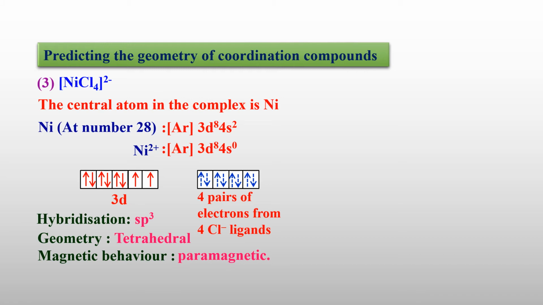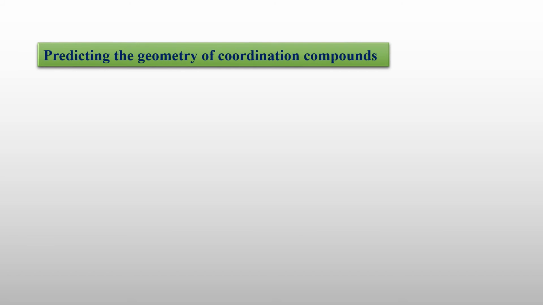Paramagnetic in nature. So now the ligand electrons enter from the 4s. So it has not been taken from 3d, no pairing is taken in this complex. So that's why it is an outer orbital complex and it exhibits a high spin complex. It is a high spin complex. So next example, students, that is the fourth one, hexafluorido cobaltate 3.